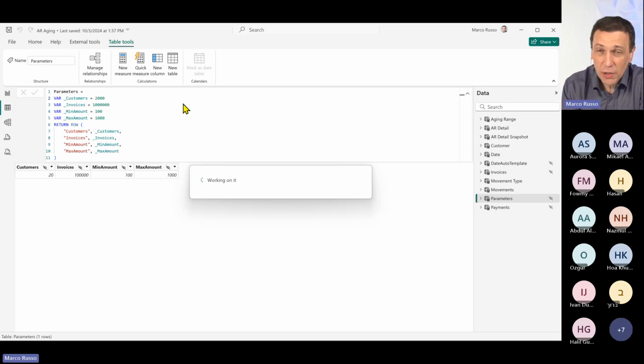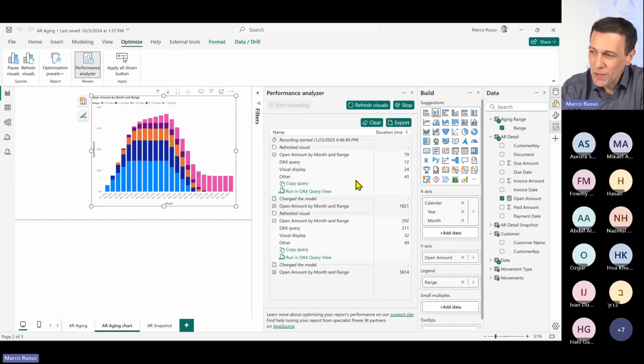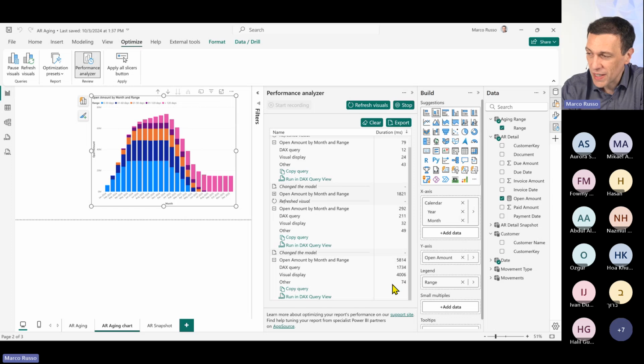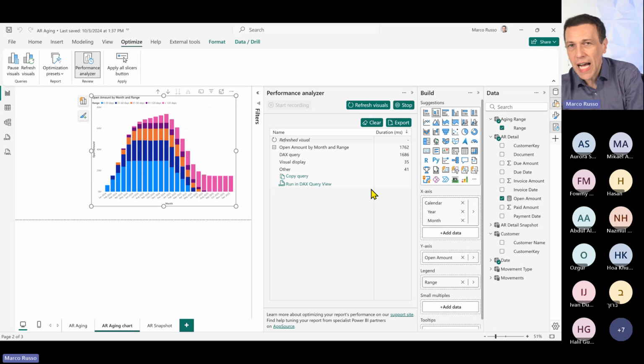And what I wanted to show you is that at this point, the report will be slower. One of the reasons why it is so slow is because the model I'm going to show you already has the optimization of the report that also requires an additional complex calculation. So let's clear this and refresh the visuals. You see that now the DAX query is running in almost 2 seconds.